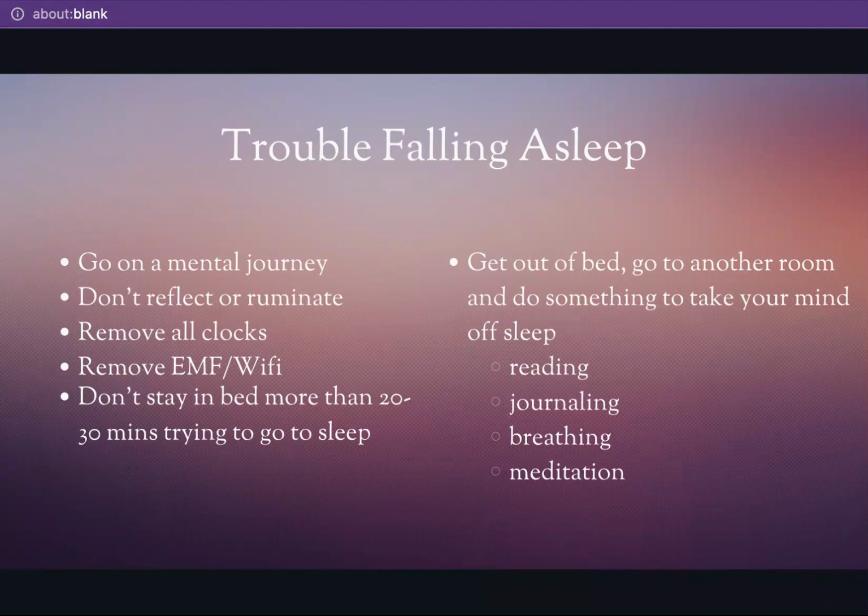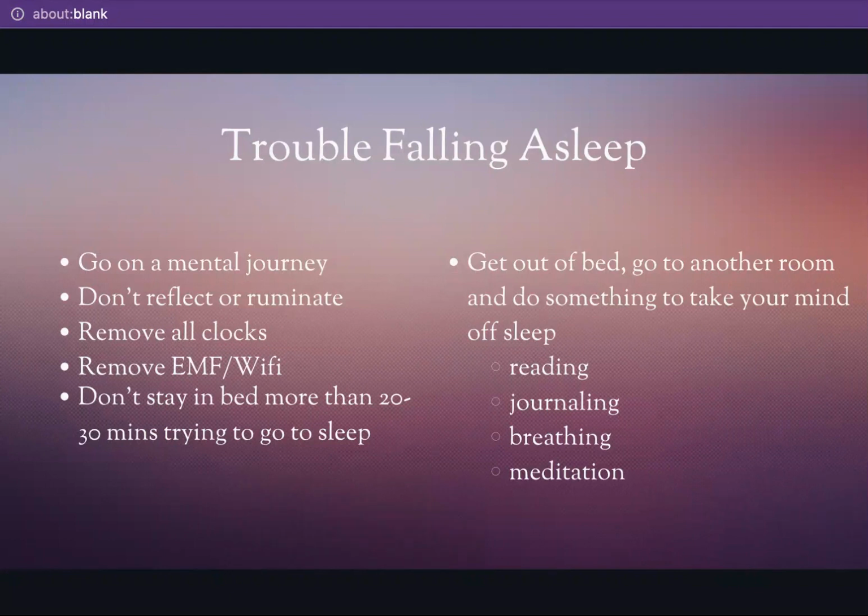Now, what happens if you're in bed and you've been in there for 20 minutes and you find yourself not going to sleep? So this is one of the, I guess I want to call it the trick, but it's really one of the things that I can say for myself. It's sometimes hard. I feel like, oh, I just need to lay here longer and then I'll go to sleep. But really, you don't want to associate your bed with